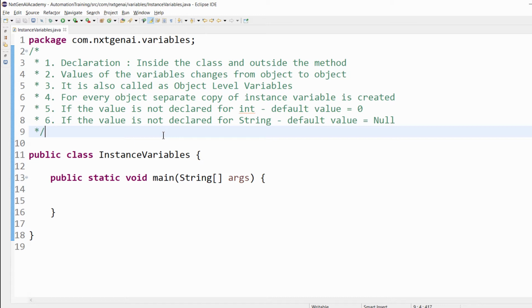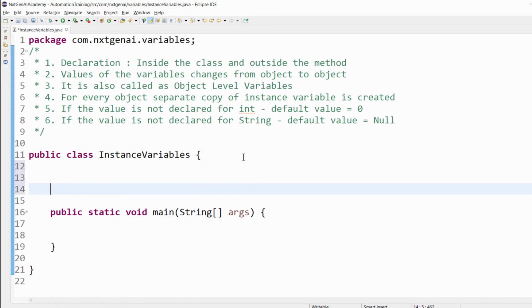Here, you are considered as an object. Now, your friend is also considered as another object. It means in a company, every employee is considered as an object, and every object will have its own values. In that scenario, we have to use the instance variables.